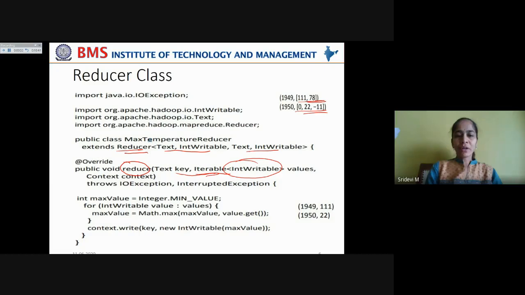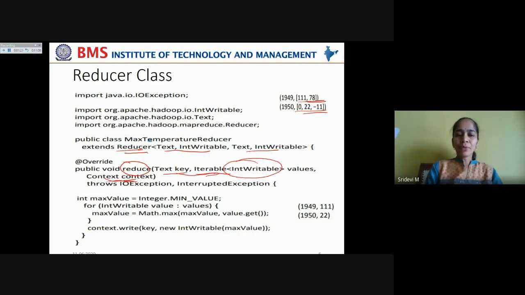For this, you are taking the parameters for the reduce function as the year as key, which is of Text type, and the temperatures as Iterable IntWritable values. And again, you require a context object in order to write the output of the reduce phase in the key value abstraction, and finally send it to a local machine's file in order to be consolidated. For that, you have to write it to a context object.